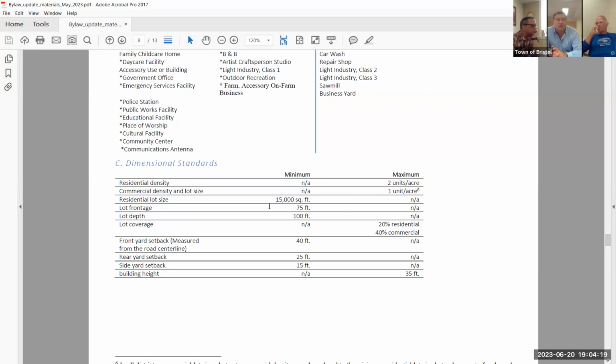It's a little less dense currently than your neighborhood designation, which was 4 units per acre and roughly 10,000 square feet. And you, the Planning Commission, chose not to make a lot of changes in what I call your core neighborhood of downtown Bristol.